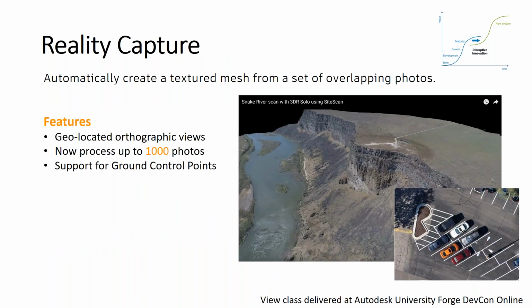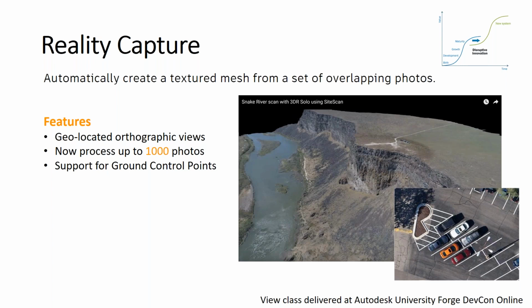Reality capture commercial release came out during the Forge DevCon just 2 months back now. Being able to turn photos into meshes that you can then use to, let's say, compare against a digital terrain model, some kind of infrastructure, or increasingly construction sites where people want to capture what's happening. It used to be weekly, but it's almost turned into, with drones, a number of construction sites doing this every day, where they fly drones, they get the photos, they get a model. So they've got complete documentation on what's happening in a construction project day by day.